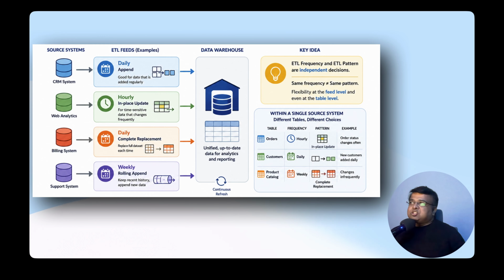For instance, 2 feeds might both run daily, but one could use a simple append strategy while the other performs a complete replacement every time it runs. So again, that's an important idea here. The ETL frequency and the ETL pattern are independent decisions. Just because two pipelines run at the same interval does not mean they need to behave the same way